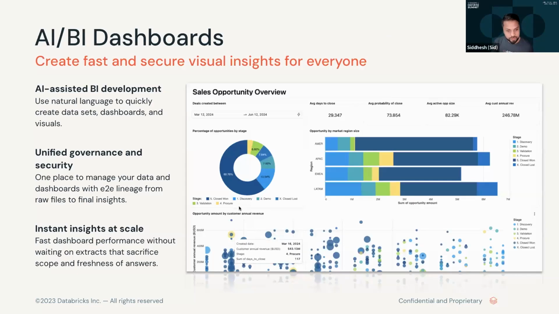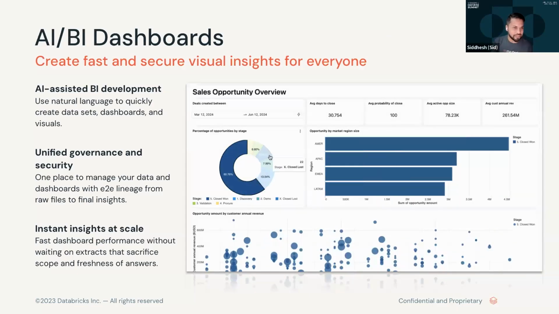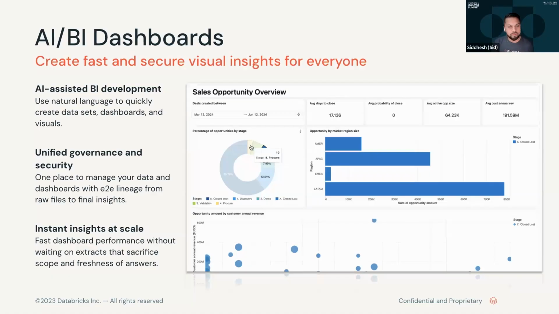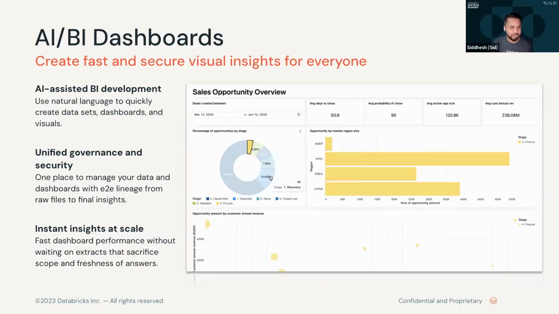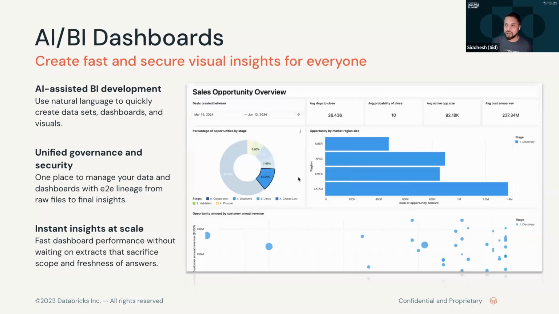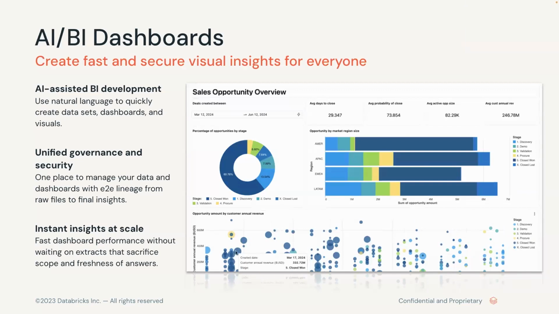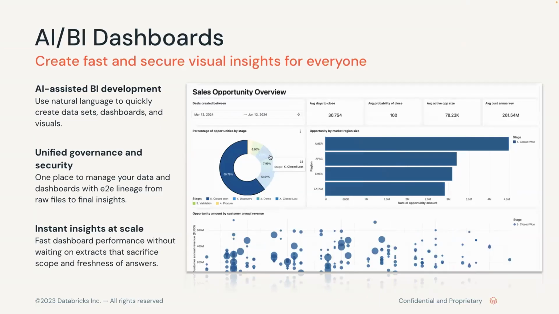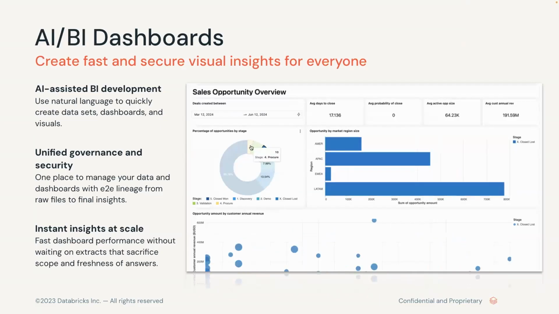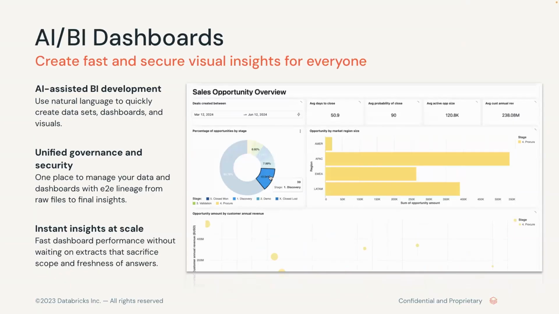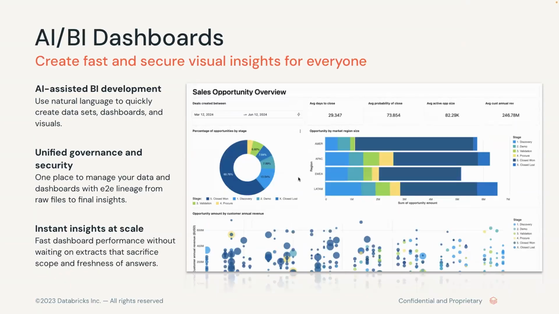Next, we have AI/BI dashboard. I really like these features because when I'm working with my customer and they want to build a new dashboard, they really don't have to worry about where is my data, what are my different columns, how I'm getting different fields, what type of chart I should use, or whether this chart is available or not. You don't have to go through that pain. You can simply write everything in natural language, and AI/BI dashboard will be able to build the dashboard for you easily.